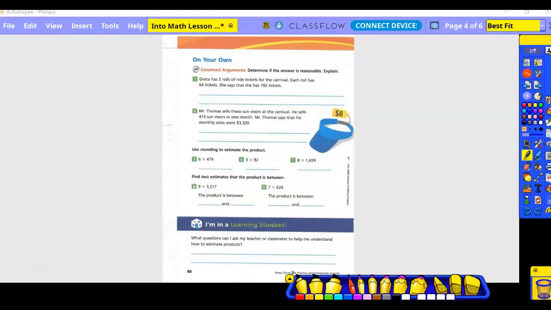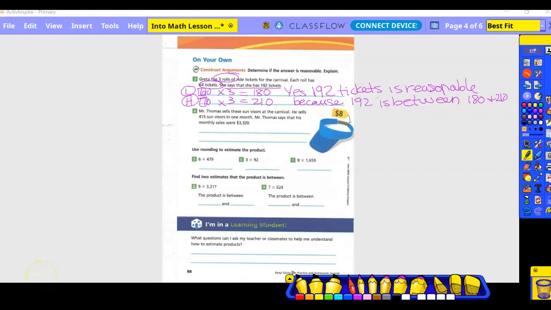On your own, construct arguments. Determine if the answer is reasonable and explain. Greta has 3 rolls of ride tickets for the carnival. Each roll has 64 tickets. She says that she has 192 tickets. So we pulled out our information. We wrote low and high. We estimated our low to be 60, our high to be 70, took each times 3. Our low was 180, our high was 210, and we said yes, 192 tickets is reasonable because 192 is between